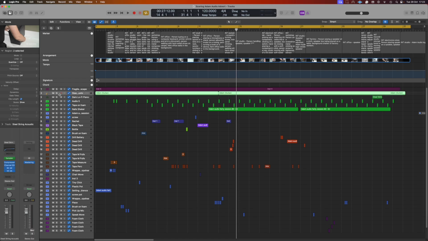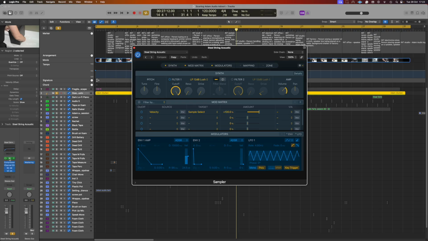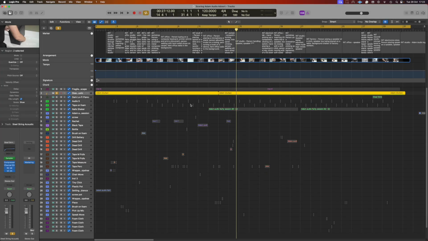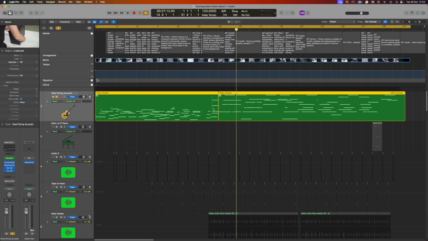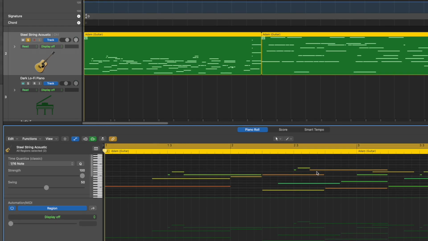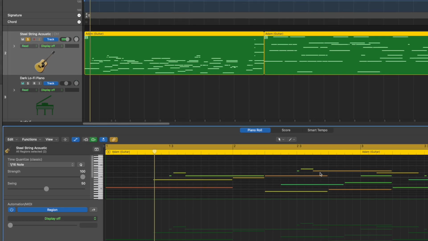So the guitar itself isn't anything particularly special. In fact, it is a default guitar with a little bit of extra processing on it in terms of a compressor, EQ, a reverb here and another compressor, just dialing it in a little bit. And I wrote it all in one section, but then split it out into a second one here. Not anything particularly special, slightly off note, but pretty quantized to the grid, but just allows us